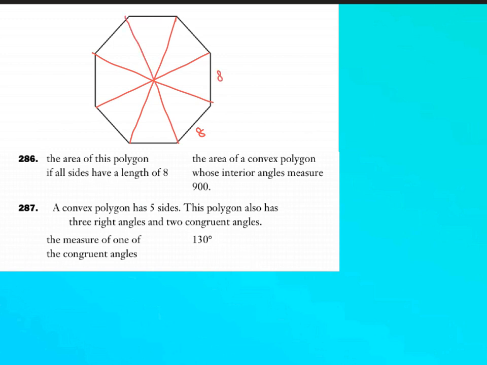So this is 8 each. You can find the angles. The thing is, we can find the area if need be. The second quantity B we have is a convex polygon, which means sides outwards, whose interior angles measure to